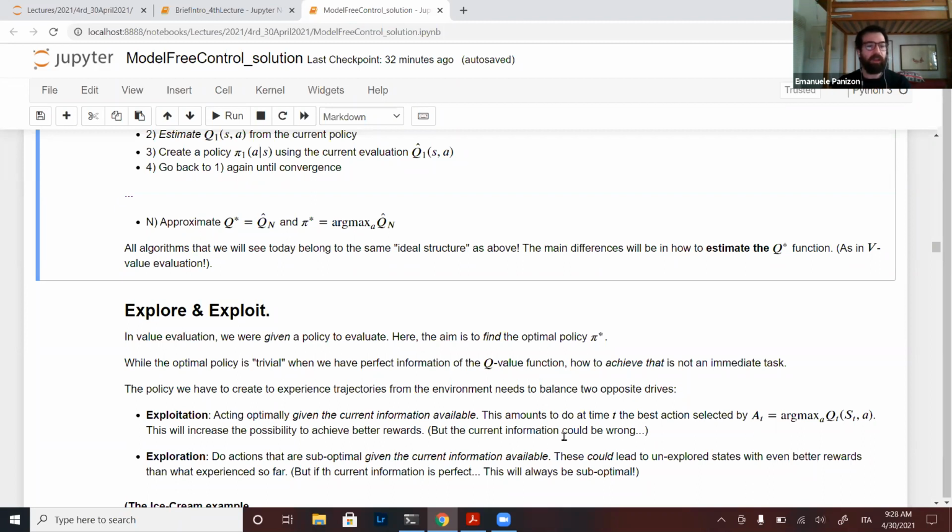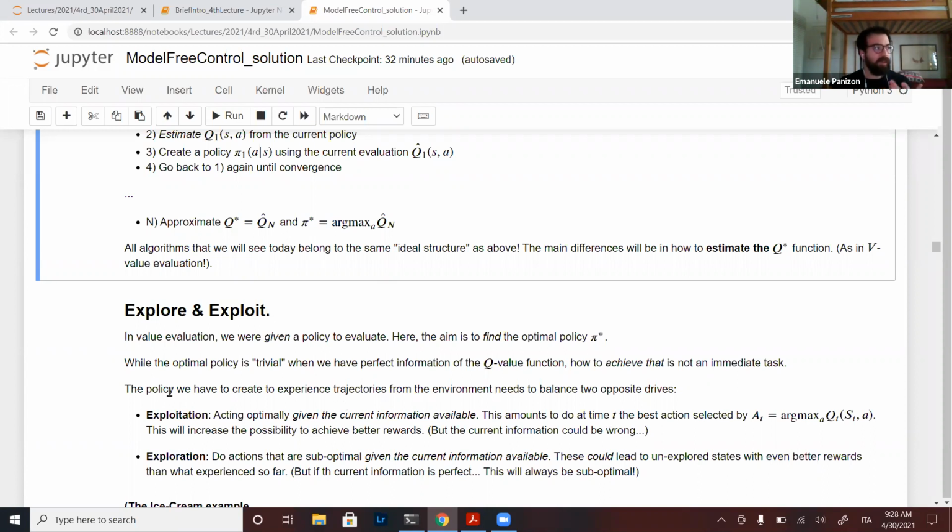We want to exploit our knowledge to find a good action to do, but we also want to do actions which we do not think are good, because we still want to gather more information on the world, of which at the beginning we have none.